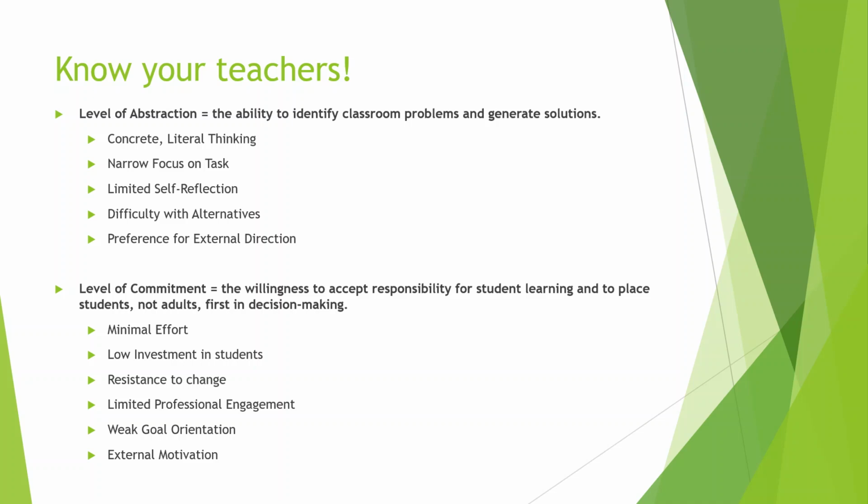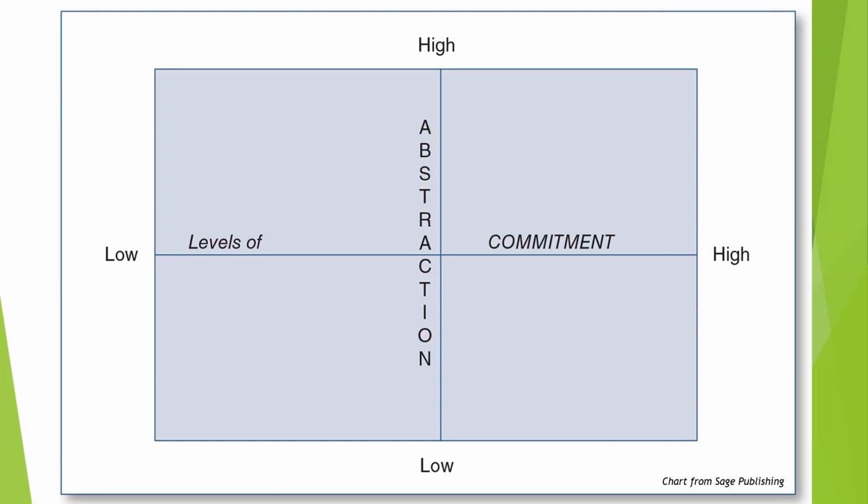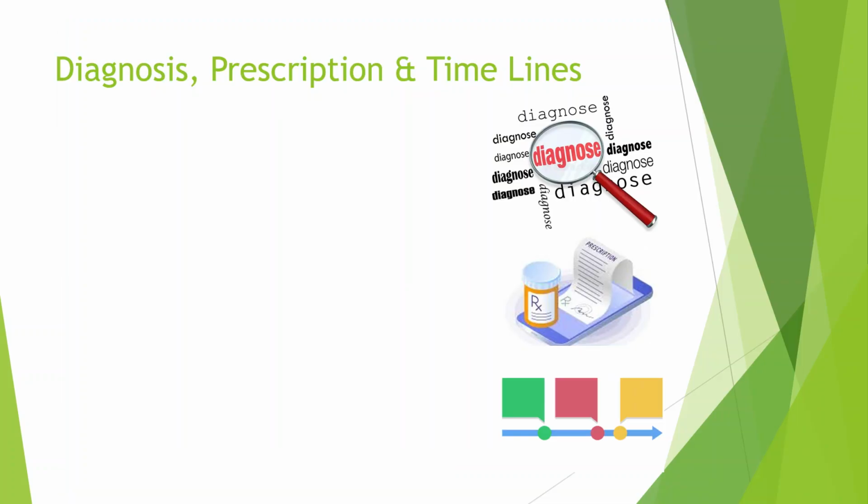So as we move forward, we'll notice that this is the actual diagram by Dr. Carl Glickman. And as you can see, there are different axes on this chart that refer both to a teacher's level of abstraction and their level of commitment. So this is going to be critical as we begin to plot on this chart in just a moment. All right, moving along. We have to understand that if we are to be successful supervisors, we will need to incorporate certain measures that assure productivity during our conference time with our teachers.